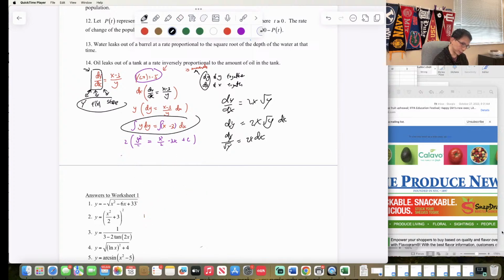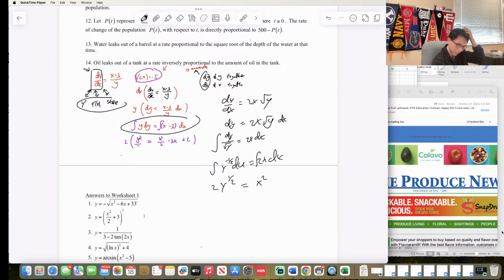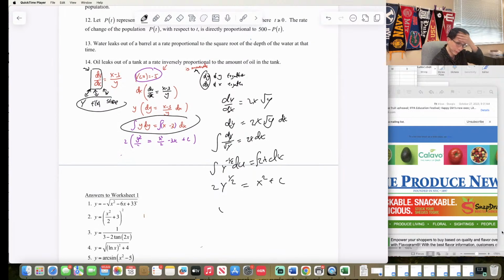If you didn't, integration of this means the power rule. So y to the negative 1/2 dy equal to 2x dx. So that's equal to 2 y to the 1/2 is equal to x squared plus c. Now I'm going to divide it by 2. So it'll be x squared plus c divided by 2. And I'm going to square both sides, so that's going to be x squared plus c over 2